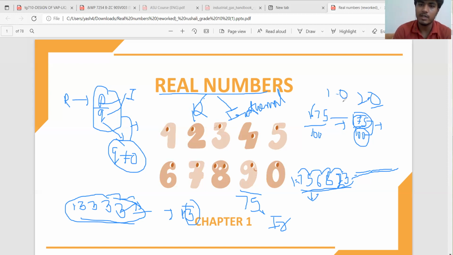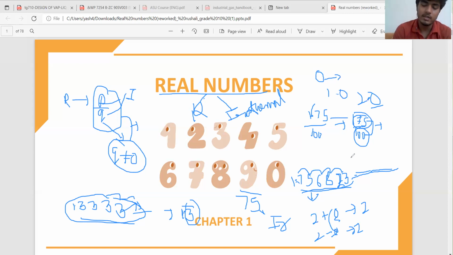One more thing: if we have a zero, what is this? Basically, zero is both a negative and a positive integer. I give you an example: when we add 2 plus 0, this comes out to be 2. Or when we subtract 2 minus 0, this again comes out to be 2. So 0 never has any effect on addition or subtraction. So we take 0 as both a positive and a negative integer.